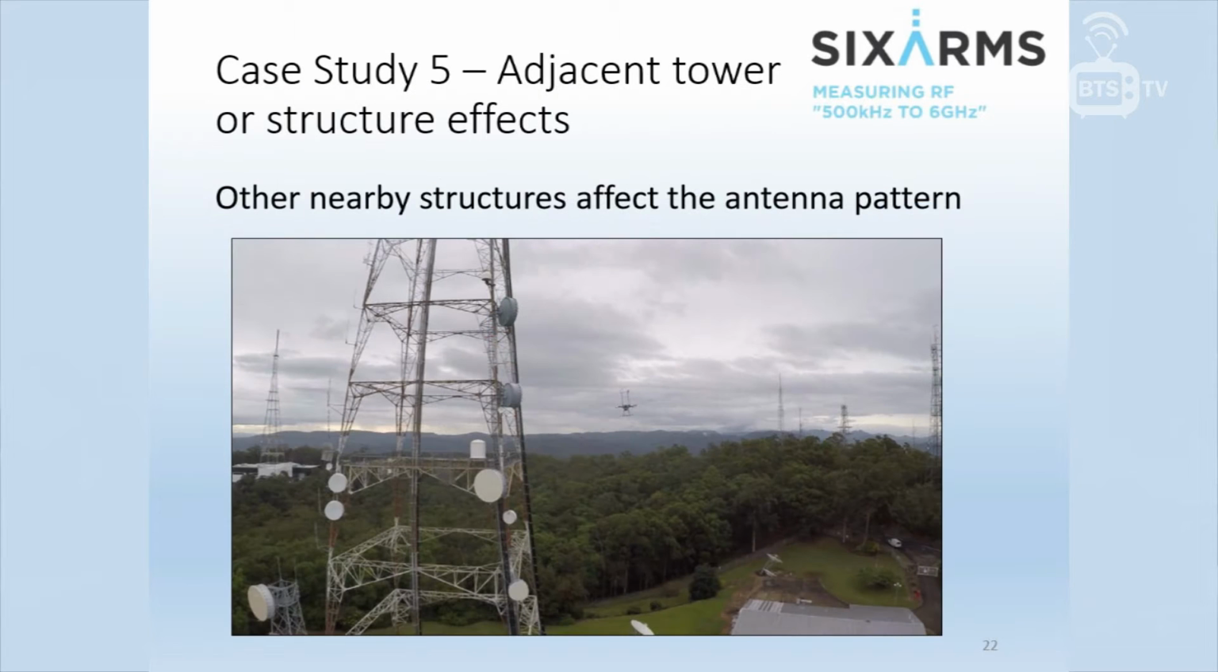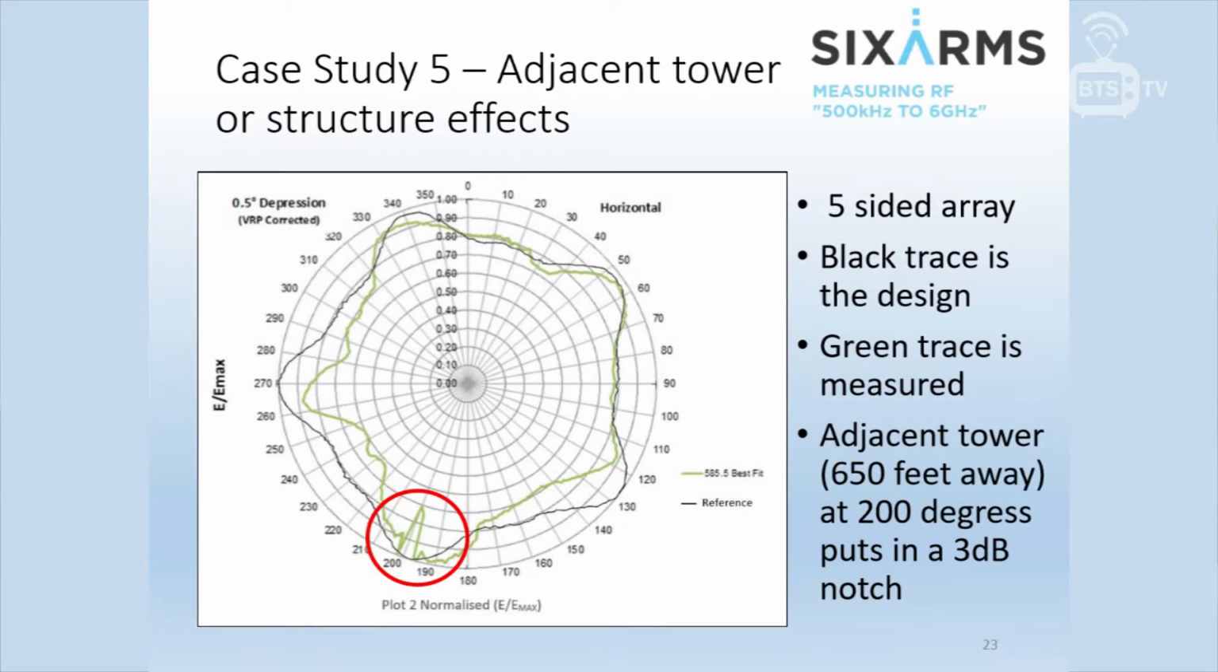Now, adjacent towers or structures, this is quite an interesting one. Quite often you've got a structure and nearby you've got other structures. What are those other structures going to do to the radiation patterns? We've got a couple of cases that we've measured here. Now in this case it was a 5-sided array. Again, the black